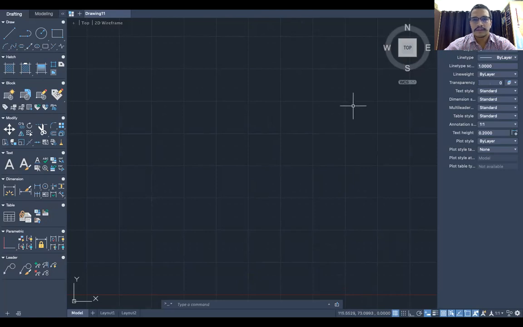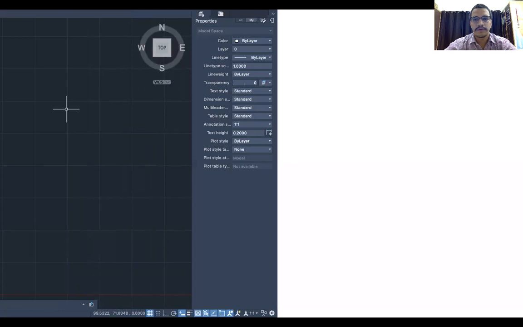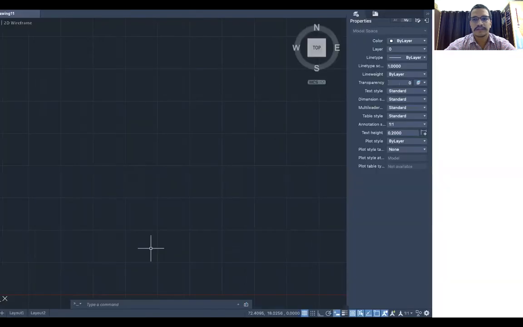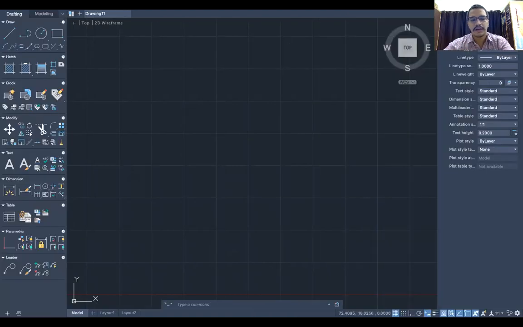Okay. So as I told you, for the Windows user, this is how your command window looks, and for the Mac user, this is how your command window will look. If accidentally your command window has been turned off or hidden, you can directly press control 9 in case of Windows and command 3 in case of Mac. So I press command 3 and just look here, the command window will reappear. Type a command, you can see. Command 3 again turns it off. So we have already discussed this one.